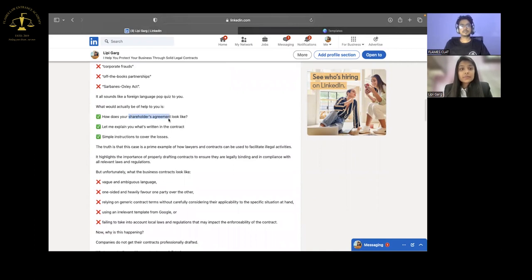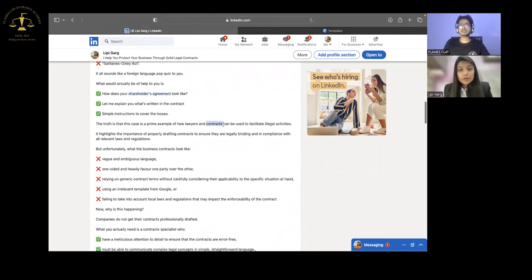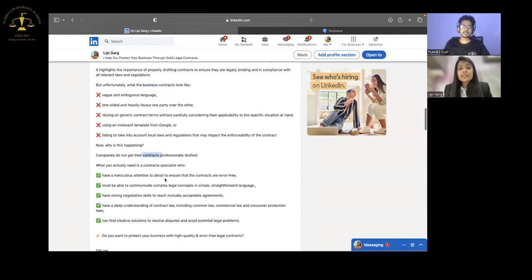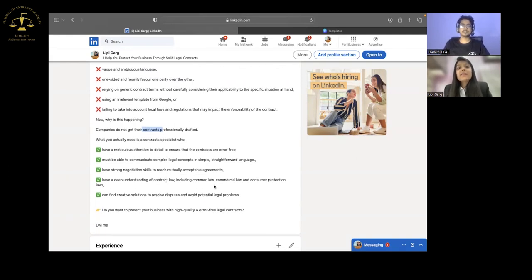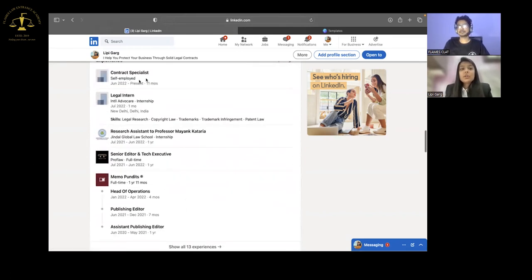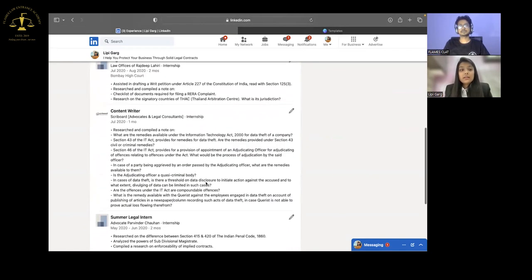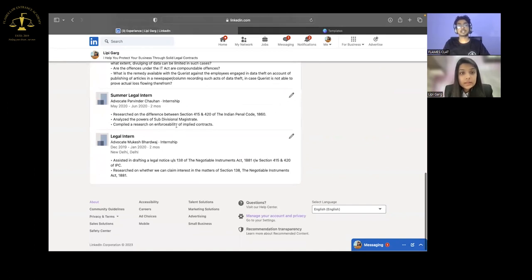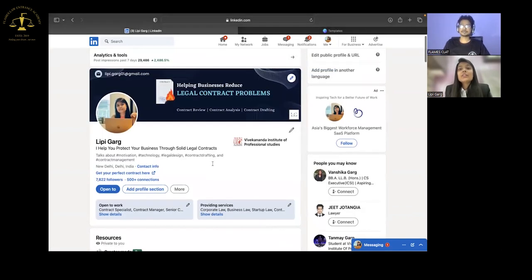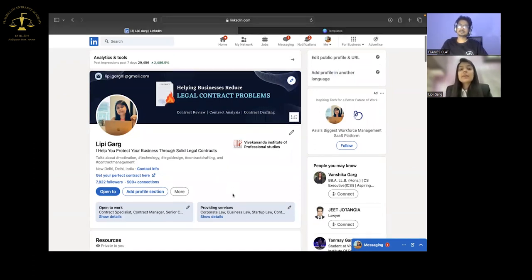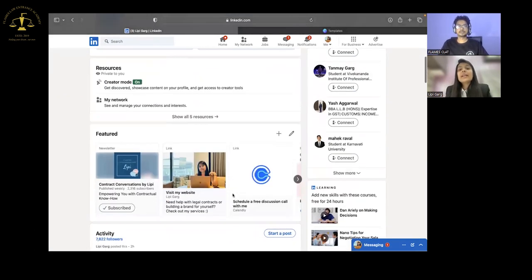Shareholders agreement. It means that whatever you are working on, those are the keywords that are used the maximum number of times in your CV and LinkedIn profile. Business contracts. Contract professional, contract specialist. It's all about this everywhere. So here also contract specialist. Then maybe here as well. Here also. Yeah, implied contract. So you understand. Your profile will definitely rank if you have these keywords everywhere while you're optimizing your profile. Okay. This is a very important thing.